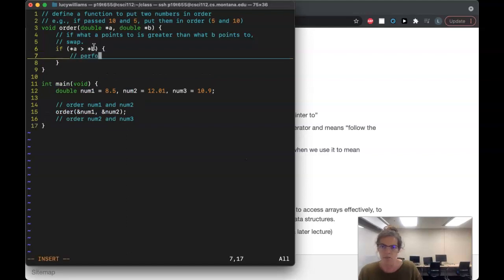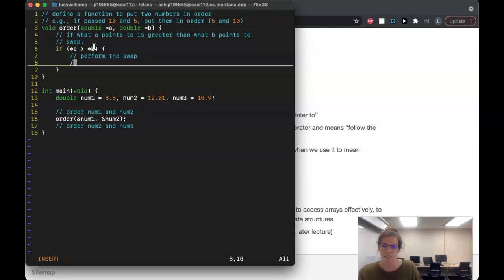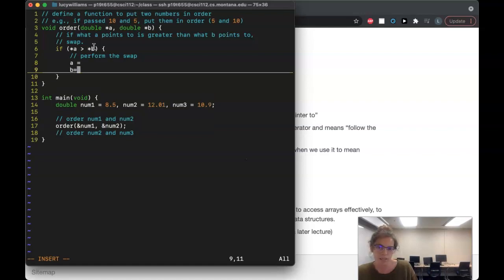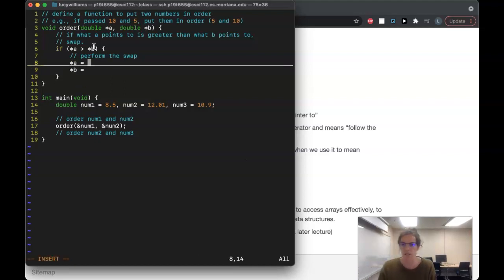Now perform the swap. If I do anything like setting A or setting B, what would that do? That would just change the actual addresses that these represent. So if I want to make any changes, I'm going to have to, again, use the indirection operator to say, change what A points to and change what B points to. So I want to change what A points to be whatever B pointed to,